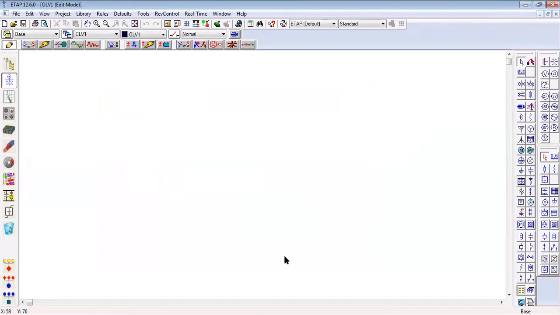And this is the edit project file जिसके ऊपर हमने ड्रॉ करनी है, that is the single line diagram. तो इस केस में जैसे in the last video, last lecture, हमने बहुत ही डिटेल में वो सिंगल लाइन डायग्राम ड्रॉ की थी. अभी जस्ट छोटी सी डायग्राम एक ड्रॉ करेंगे एंड देन डू द लोड फ्लो एनालिसिस ऑन इट.